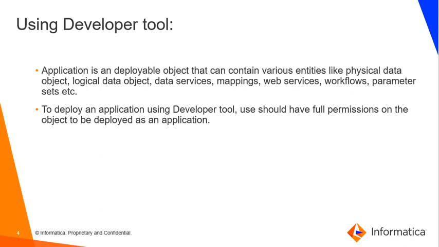Whenever we deploy an application to the Data Integration Service, the application runs and the end users can connect to the application. Depending on what type of object is present in the application, we have to provide the appropriate permissions to the objects and also to the application. If any changes are made to the underlying object, let's say to the mapping, we need to redeploy the application in which the mapping is used. So let's see now how to deploy these applications using the Developer Tool.